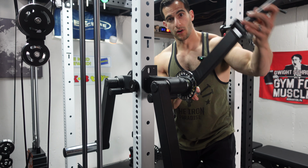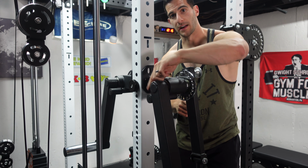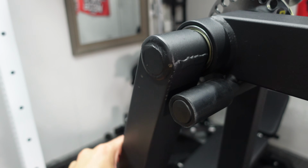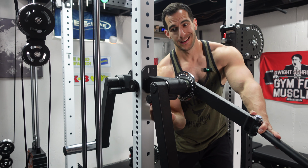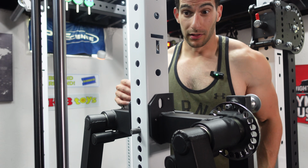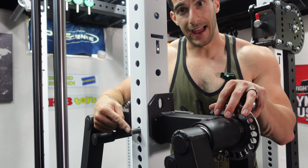These arms can come all the way around, but there are stoppers on the backside, so it can only move in one direction. If you adjust it and try to pull it towards you, there's a stopper there, so it's gonna stop you. And the main thing that I don't love with this is the way it attaches to the